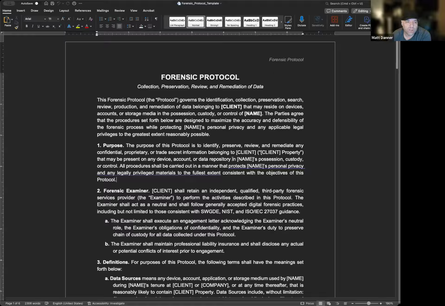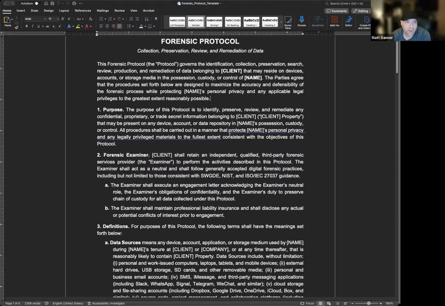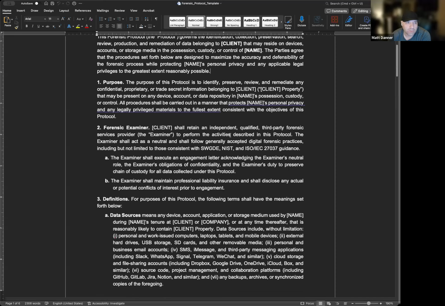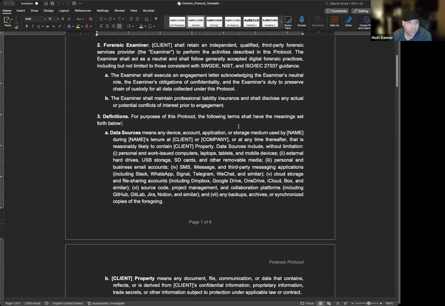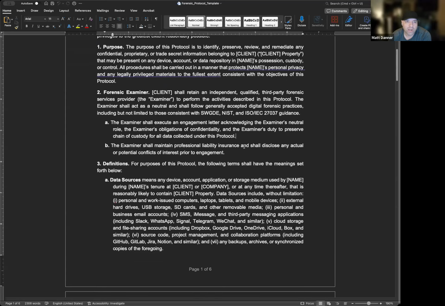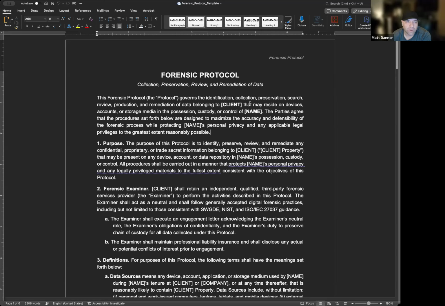So a couple of things. This template, and I don't mind sharing this template with you guys, is sort of a maximum damage template, meaning it covers every single nook and cranny that you would want in a forensic protocol. But it by all means does not have to be this extensive. And also, this is